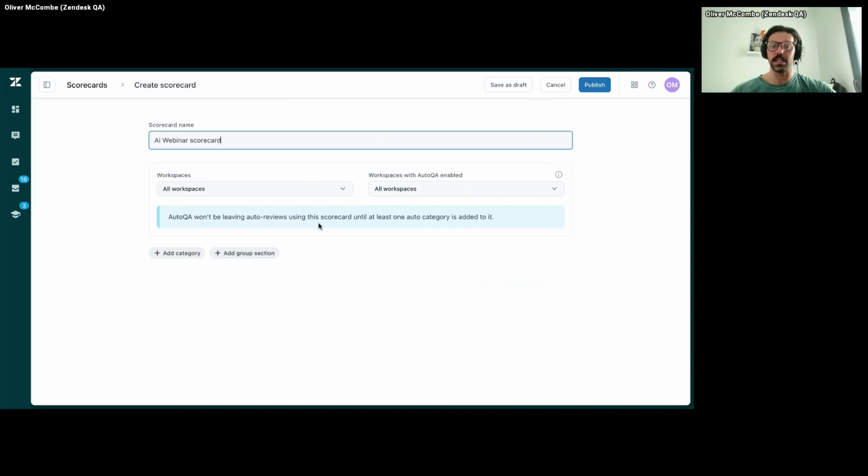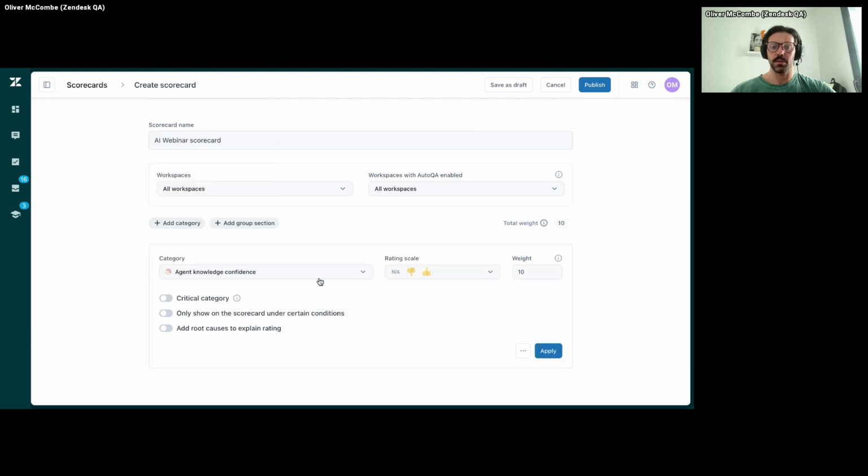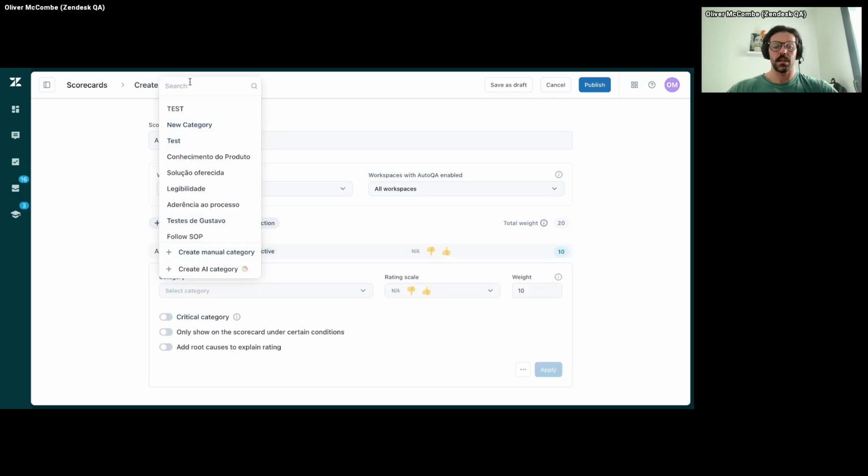And here we know that until there's one auto QA category, it's not going to be doing any evaluating. We're not going to add any groups, but we're just going to add a few new ones. So agent knowledge confidence, we know that's a custom prompt, which is why we can only have it as yes, no, or NA. And then adding obviously the same weighting as previously. If we would like, we can also choose root causes. But what we want to do is just as before,